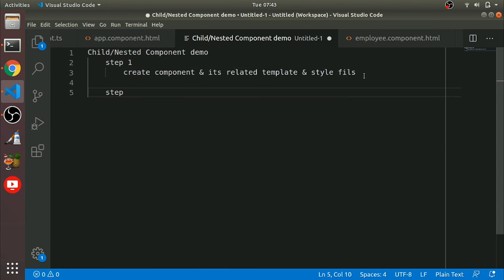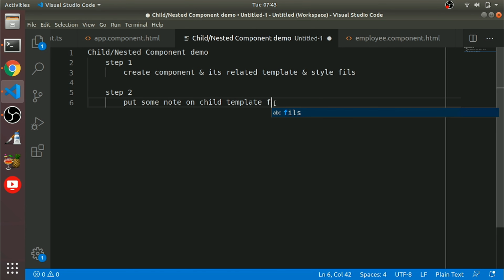Step 2, it will be like put some note on template. I can mention it like this, child template file.